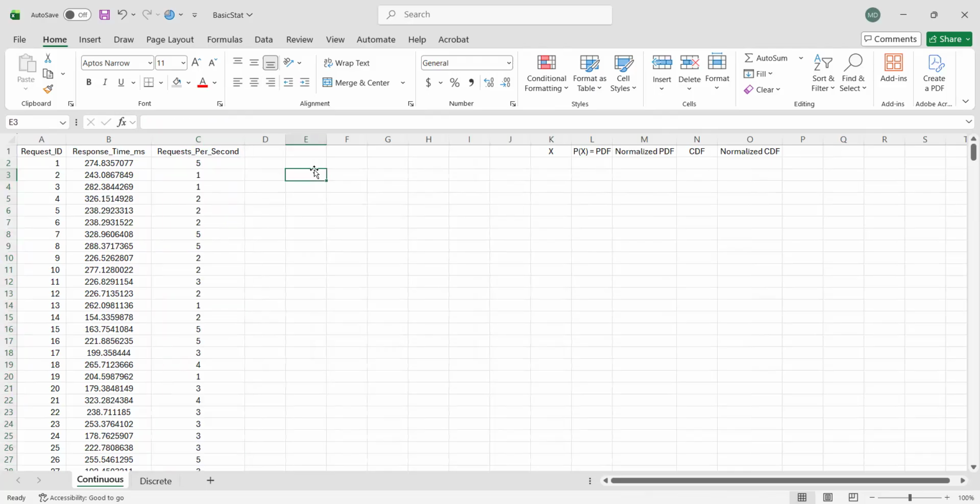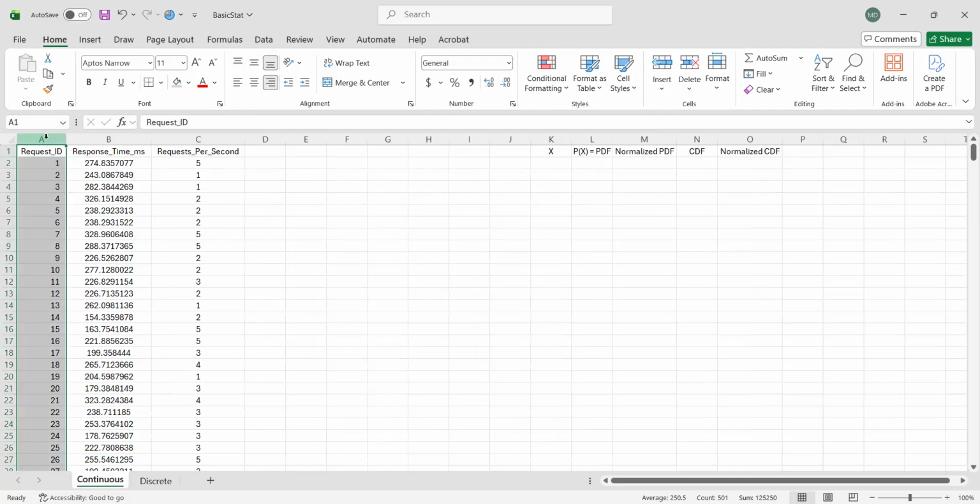To understand that, let's proceed. First, it will be best to generate their respective descriptive stats. By the way, they are already sorted based on their request ID, so we skip that part.